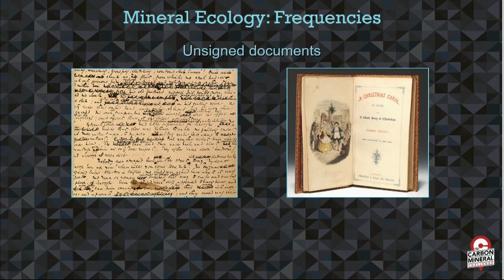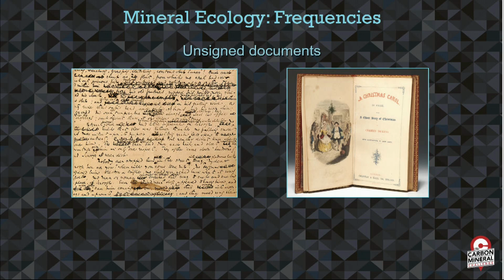So mineral ecology is all about the distribution of minerals on Earth and on other planetary bodies. And it turns out that if you look at the frequencies with which different minerals occur on Earth, they occur in exactly the same statistical distribution as words in a book. So think about just opening up a book and looking at the words that are within it and tallying up all the words that you see.